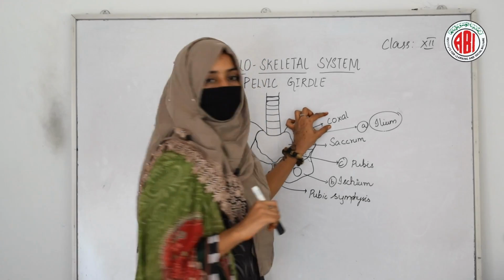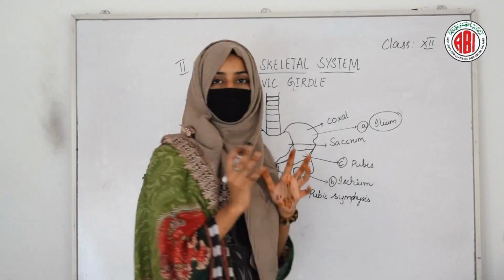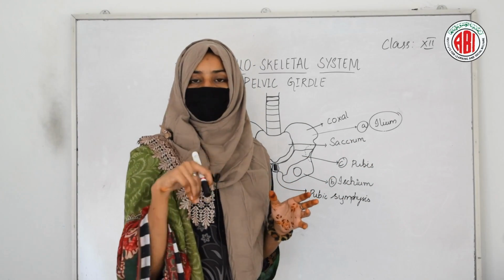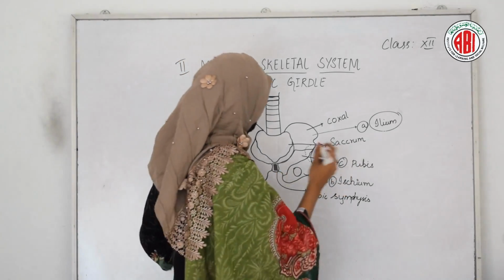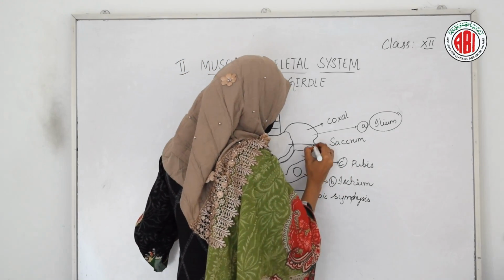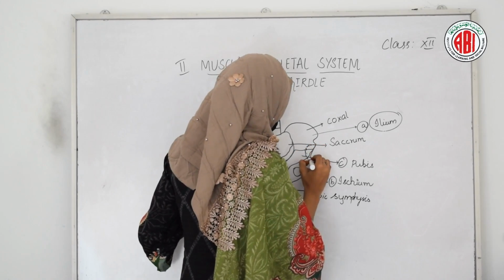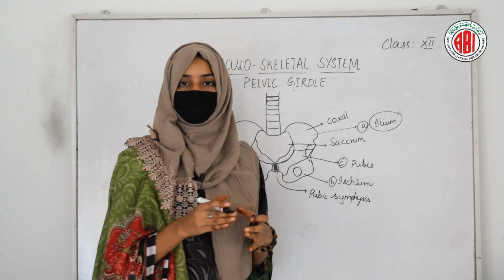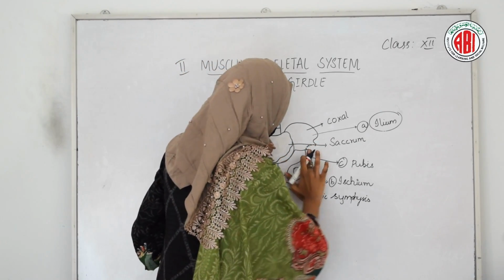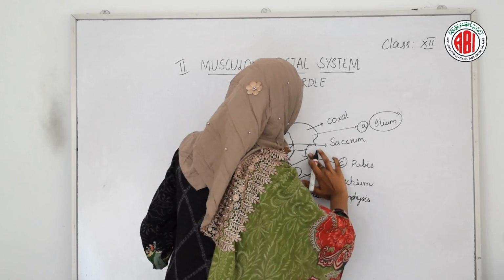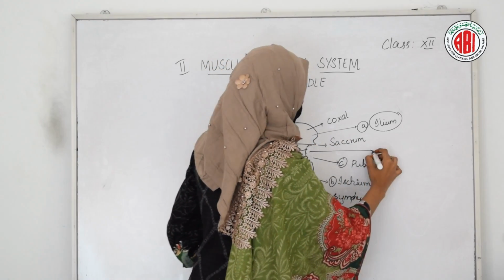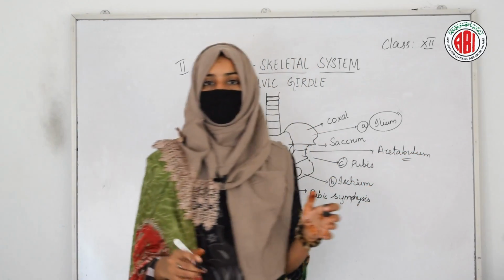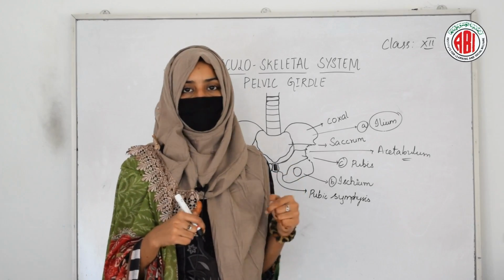When you look at the coxal bone, we have seen that three main regions are present in it. These three regions form a cavity. So here, in this way, a part of all these three regions combined together forms one cavity like this. And the cavity which is formed by the three regions of the coxal bone, we call this cavity acetabulum. This is the actual place where the bones of our leg get fixed.